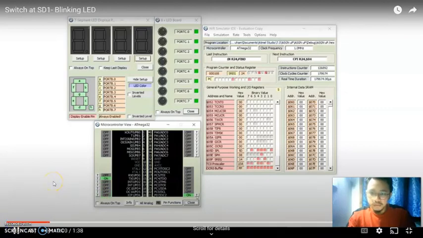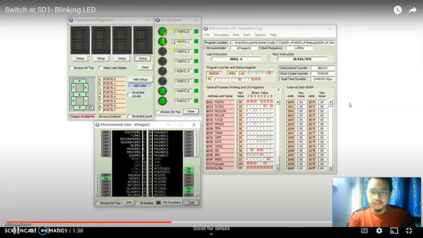So from here we can see that only the switch at SD1 is on, so we can see the top and the center. It will display the pattern like this, and it will go back to its original pattern, so in the middle and at the top one. After completing this cycle, it will play the same pattern once again. Yes, so we can see the top and in the middle, so there will be only two in the middle,